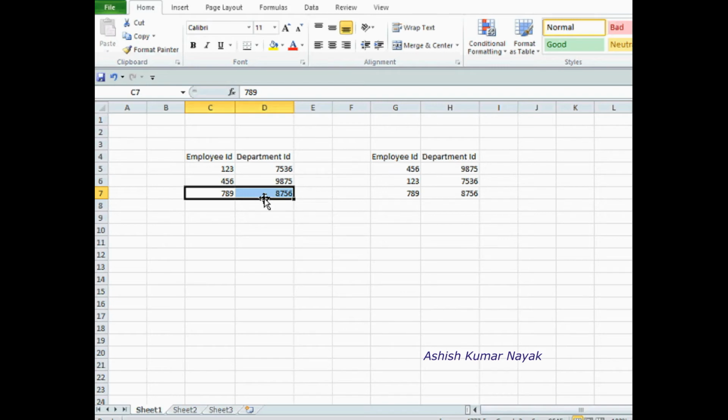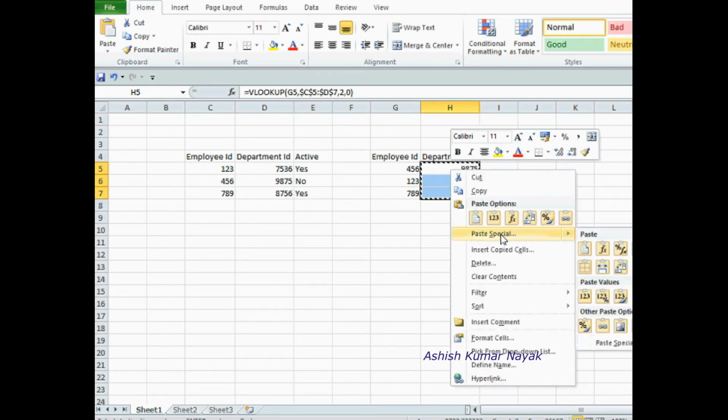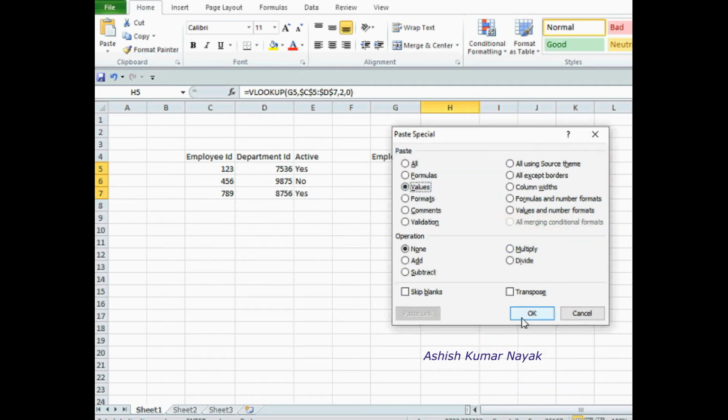But there are some requirements where what we need to do, there will be third column. Okay, active, yes or no. Okay, yes, no, yes. Let me just copy paste these values. Let me select these values, Control C, right click, paste special values. I am taking all the values.